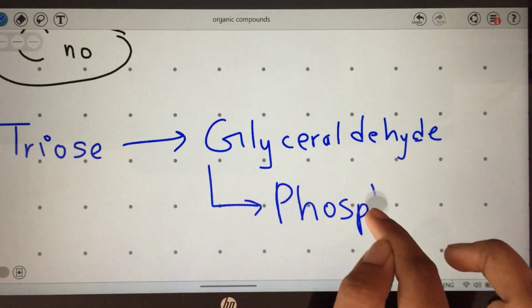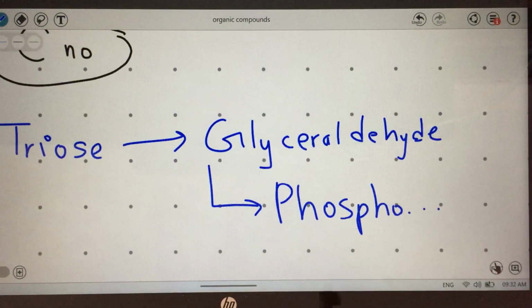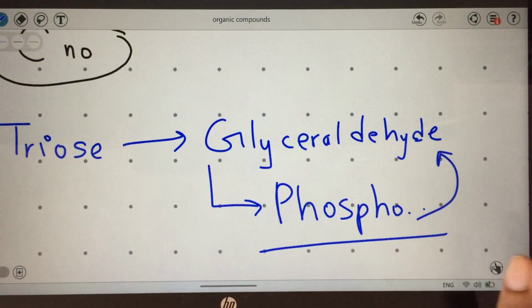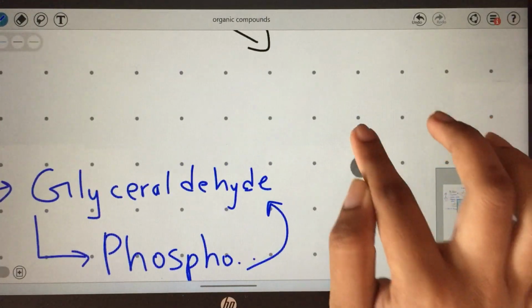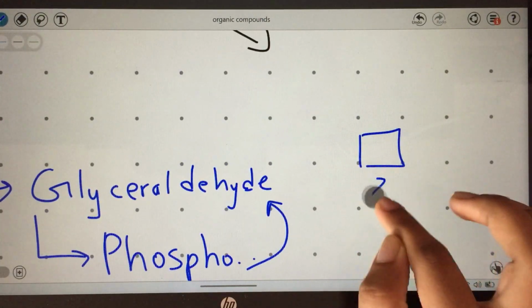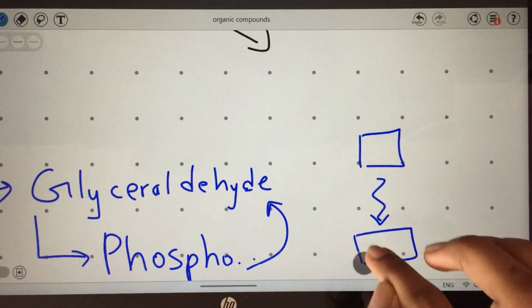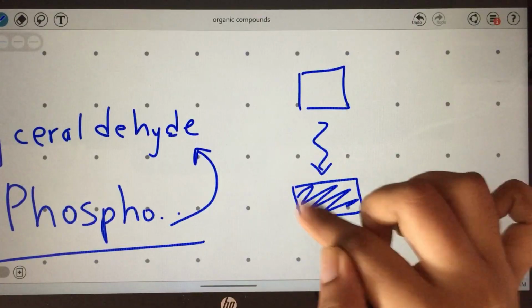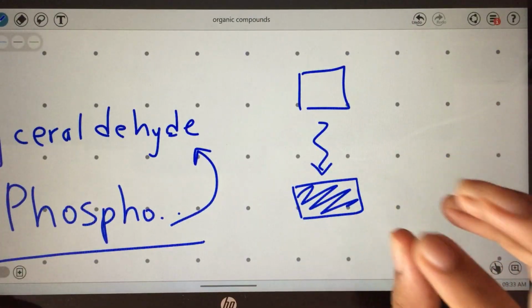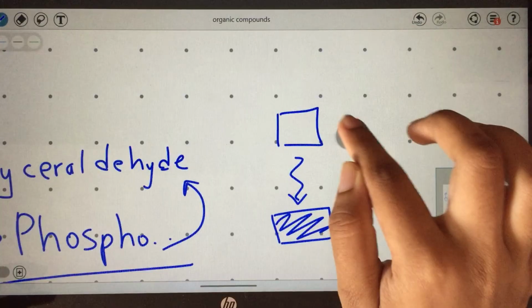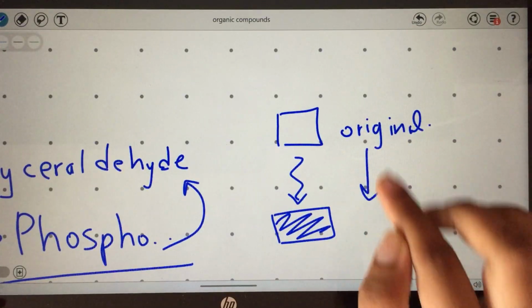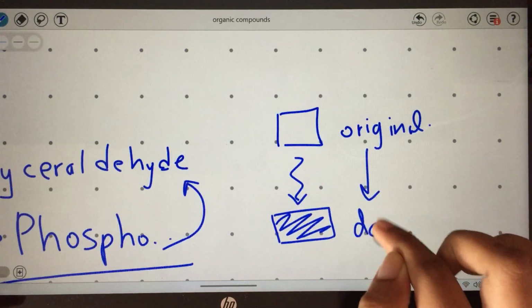There's a phosphor part added to this glyceraldehyde. Okay, now this phosphoglyceraldehyde is a derivative of glyceraldehyde. What's the meaning of derivative? Derivative means now there's a normal thing, okay, there's an original thing. If you modify it a bit and you make a new thing out of it, now there's a small box, you color that box and now it's a new box. Okay, so what I'm saying is, this is an original thing, you modify it a bit and you make a new thing out of it. So this is a what? Derivative.